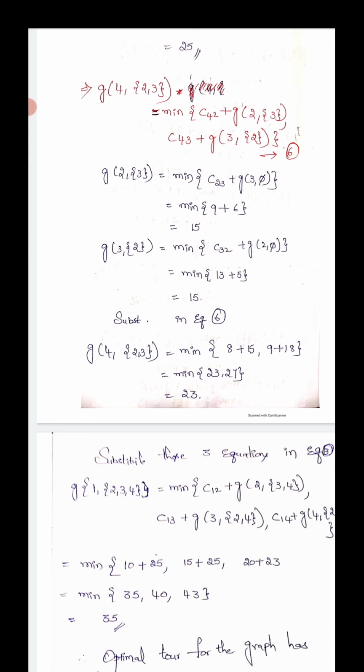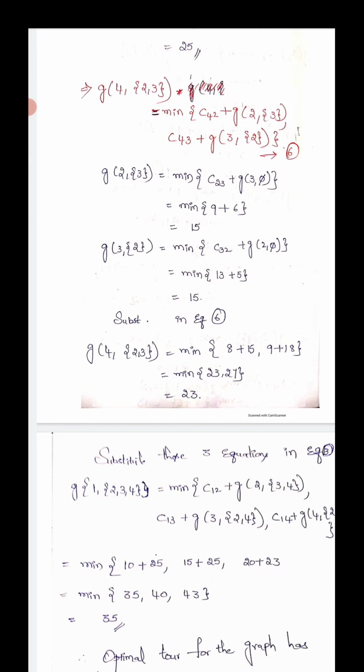Now coming to calculate g of 3 comma 2, that will be assigned by using equation 2. We need to find the minimum of c suffix ij in the sense 3 comma 2 plus g of j in the sense 2 comma set in the sense 2 minus j, j also 2. Okay, 2 minus 2 we can get 5. That will be assigned to the minimum of c suffix 3 2. How much in the cost adjacency matrix? Looking at the cost adjacency matrix, third row second column, 13 is there, plus g suffix 2 comma 5, how much do we have? 5. Okay, minimum of 13 plus 5, how much?